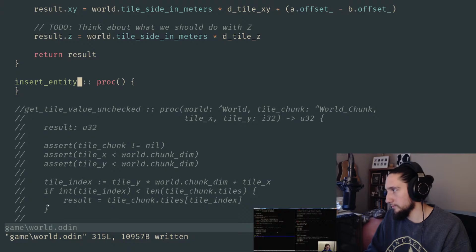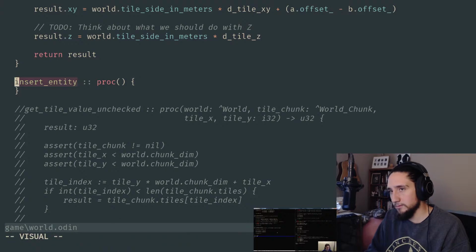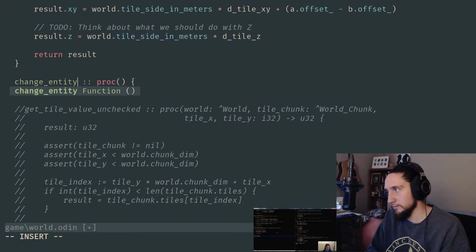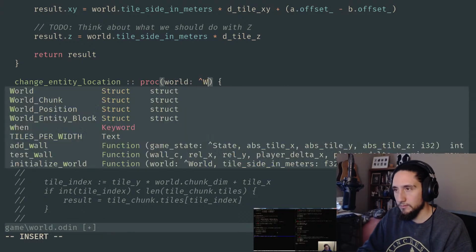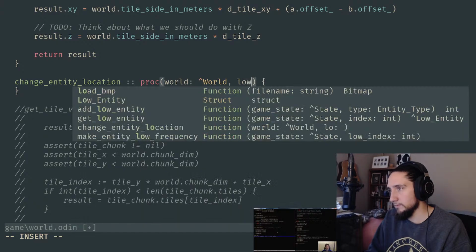And what that's going to do is put this entity into where it should be in the world entity blocks. To be honest with you, I think I'm actually going to jump the gun a little bit here and say that what it's really going to be is change entity chunk, or change entity location, right? What we basically do is tell it an entity number. We have a low entity index, one of our entity numbers. What we want to do is say this entity is going to move from where it was